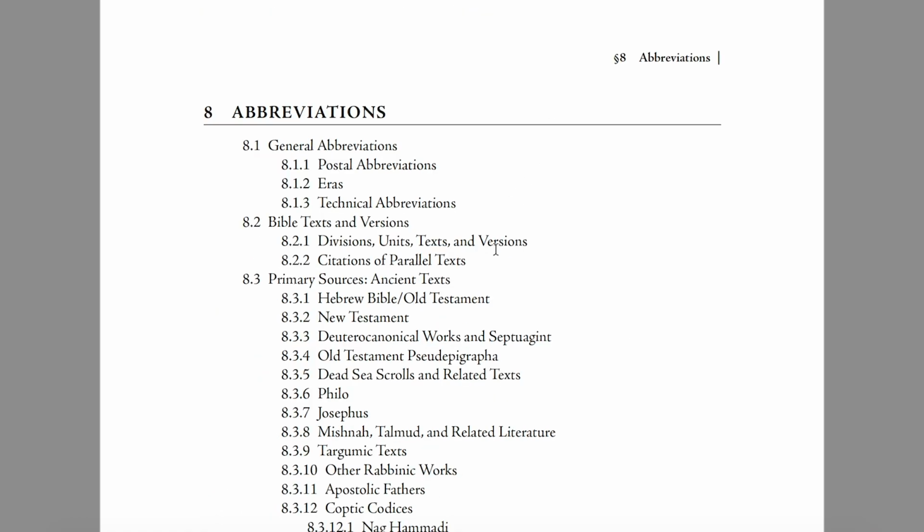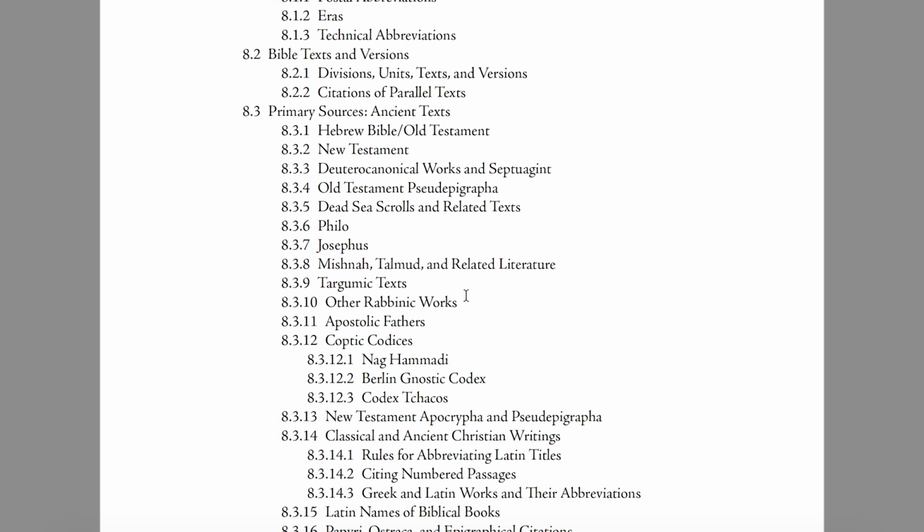Last thing I want to show you is from Chapter 8, another chapter that you're going to use with some frequency. And that's a chapter that lists the abbreviations that you will need to use and that you will encounter when you're doing work in biblical studies. And so there's different kinds of abbreviations that you're going to encounter, but if you look here through the table of contents, you can see that it'll show you how to abbreviate books of the Bible, both the Hebrew Bible and the Old Testament, and it'll show you how to abbreviate other works from the period, other primary sources that